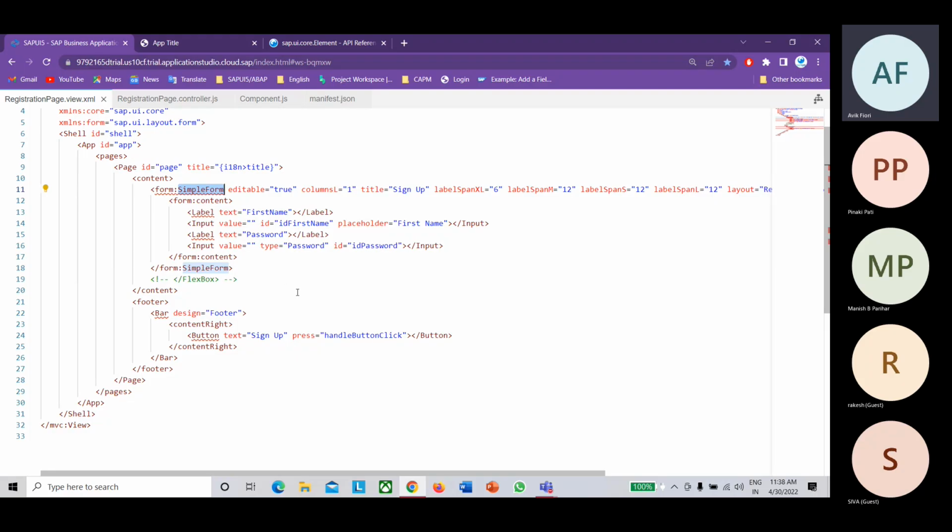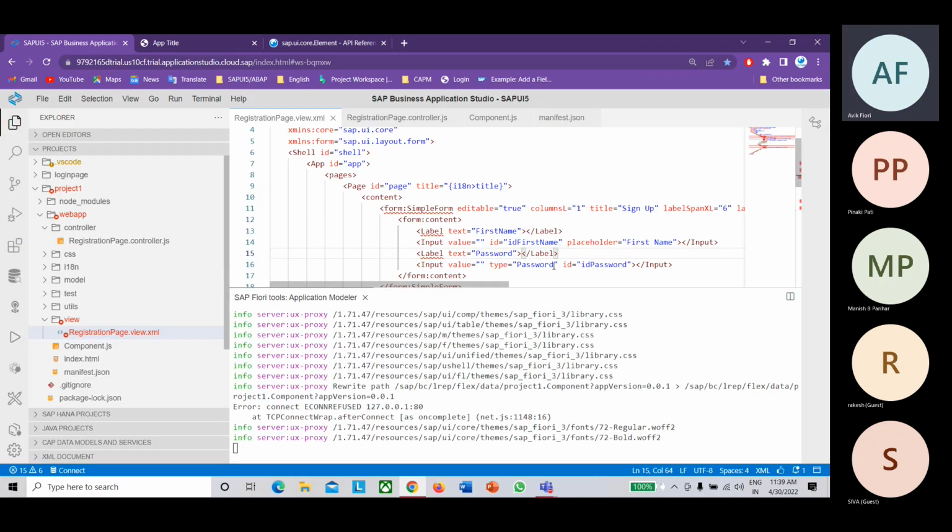But SAP recommends using XML fragment only, because, as I told you, only if you are using XML fragment can we follow the standard architecture of MVC, and that can be followed with the help of XML only. So going forward we will mostly focus on XML fragment.